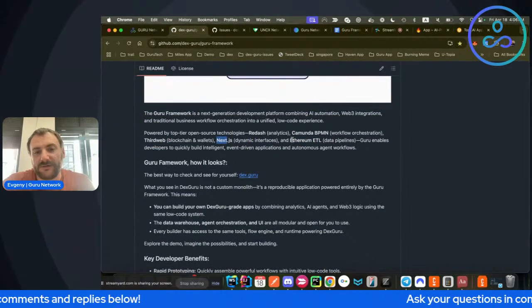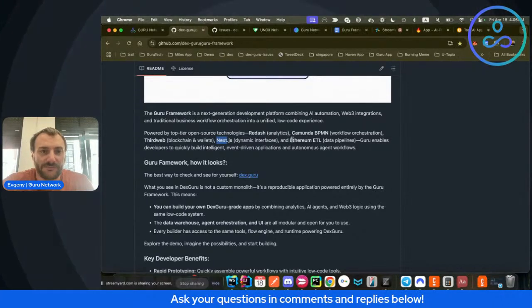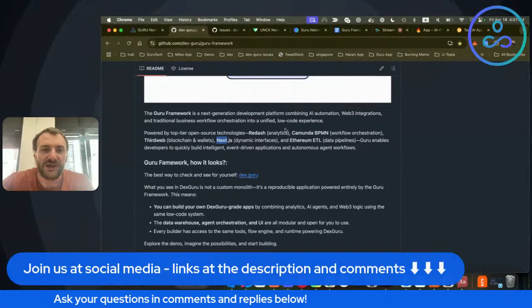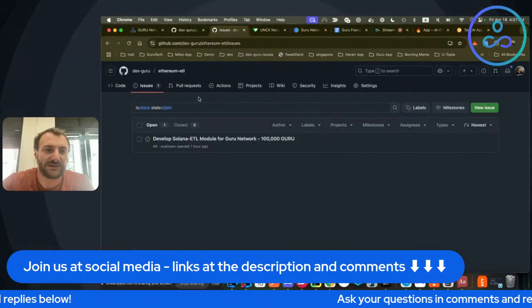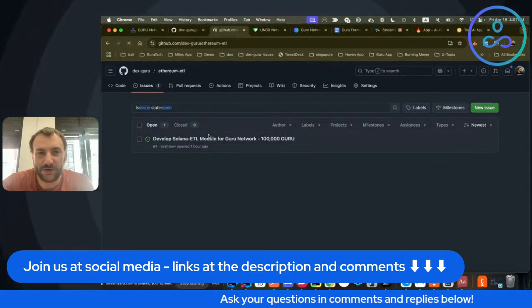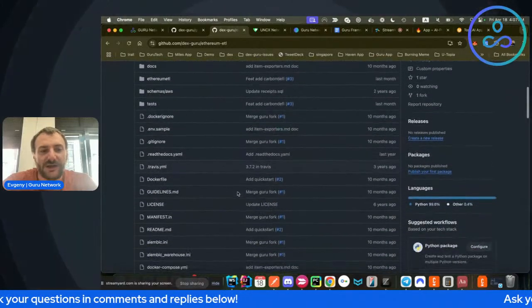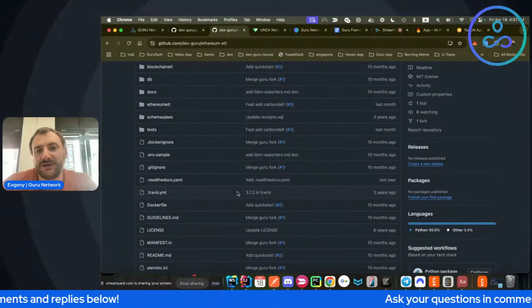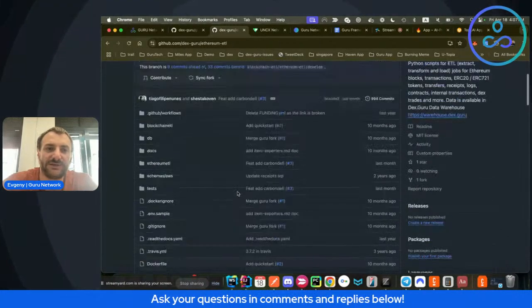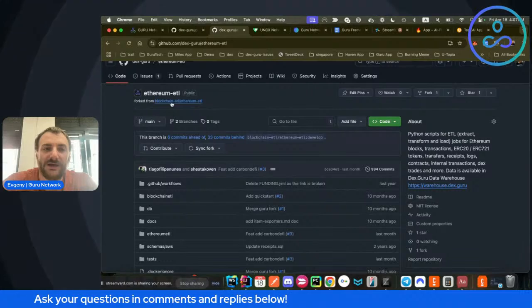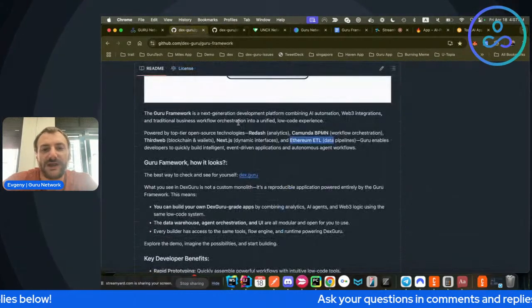And of course, we have data-driven pipelines coming all the way from our DexGuru product, which is an open source product by itself, which we released almost a year ago, which is our own blockchain indexer with all the comprehensive data like prices, volume, liquidity across all the DeFi markets. That's what you can get into your application using our Ethereum ETL indexer, and this indexer is part of the solution as well.